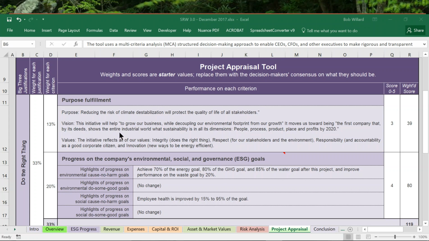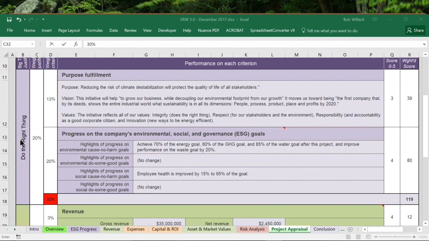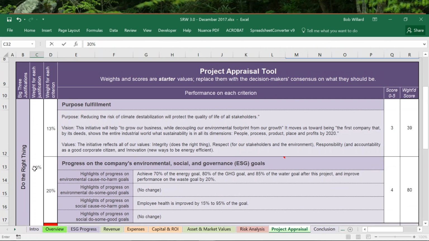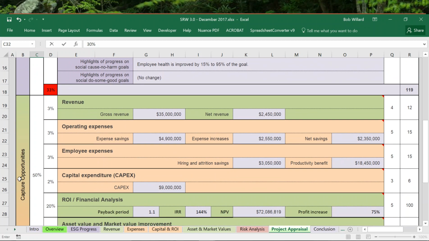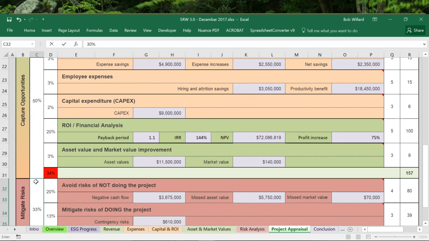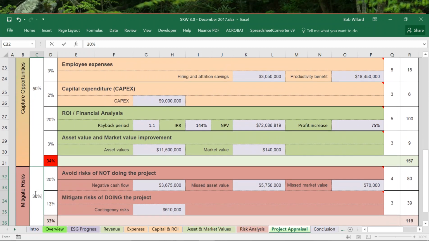So let's assume that you think that your CFO might weight these slightly differently. Rather than 1/3, 1/3, 1/3, maybe it's going to be more like 50% for the capture opportunities part, 20% for the do the right thing part, and maybe 30% for the risk mitigation part. So let's fill those in and see how that looks. So we've changed the do the right thing weighting, this column, to 20%. We've changed the weight of the capture opportunities cluster to 50%, and we've changed the mitigate risk cluster